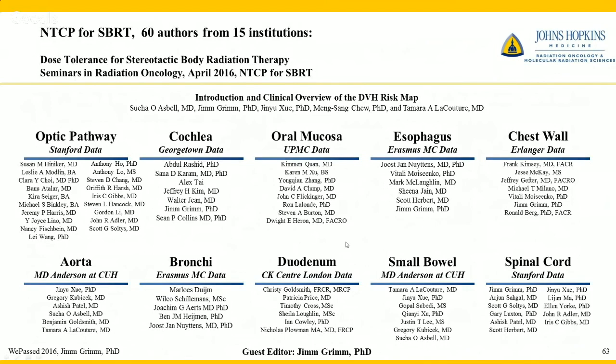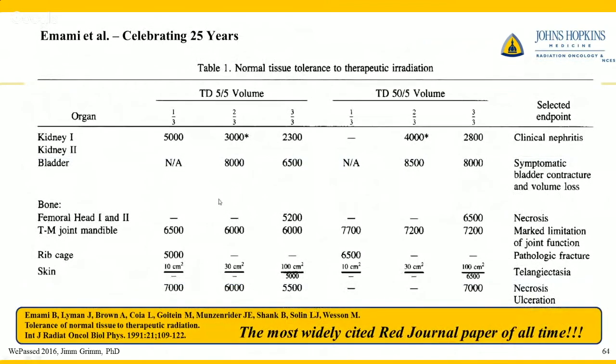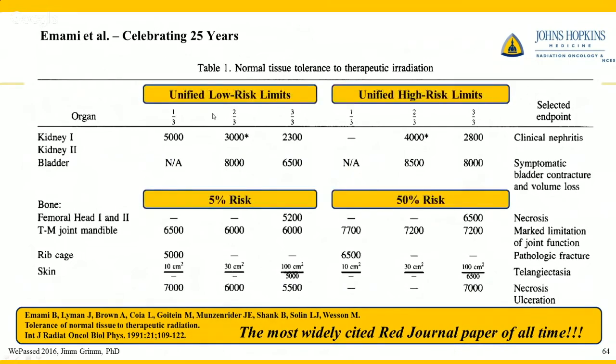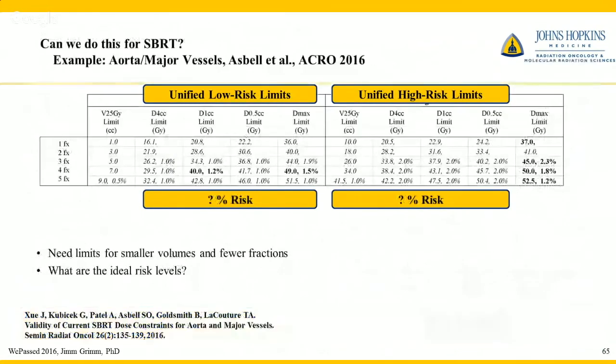That was my big quest once I started on CyberKnife, and we didn't have any complications, but we knew the critical structures are a dose limiting factor, so we didn't know what dose is possible. So everyone has CyberKnife data. Most of them also have other data from other treatment modalities mixed in or compared. And back to Emami again. So just now this table should be familiar to you. So this is our goal, to use the same format, unified low and high risk.